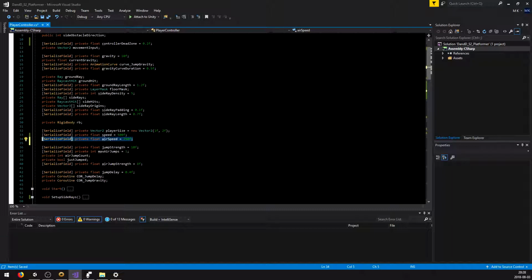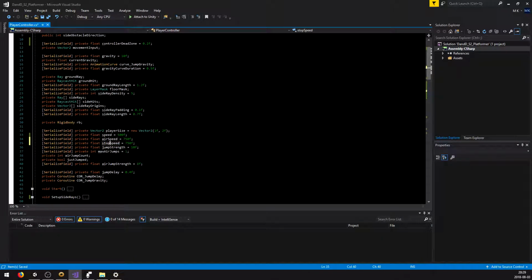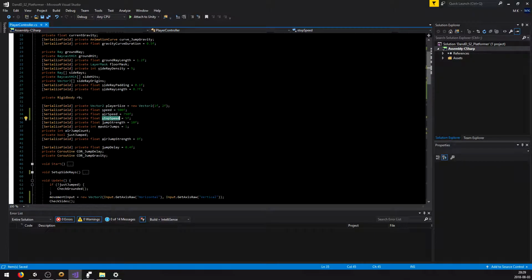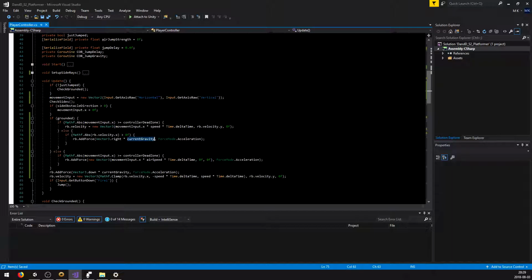Copy this, paste it, and go stop speed. Yeah, this one, let's make it a lot lower. Save, copy. This may make it almost instantaneous, which may not be good. Paste it here, and here you go, times